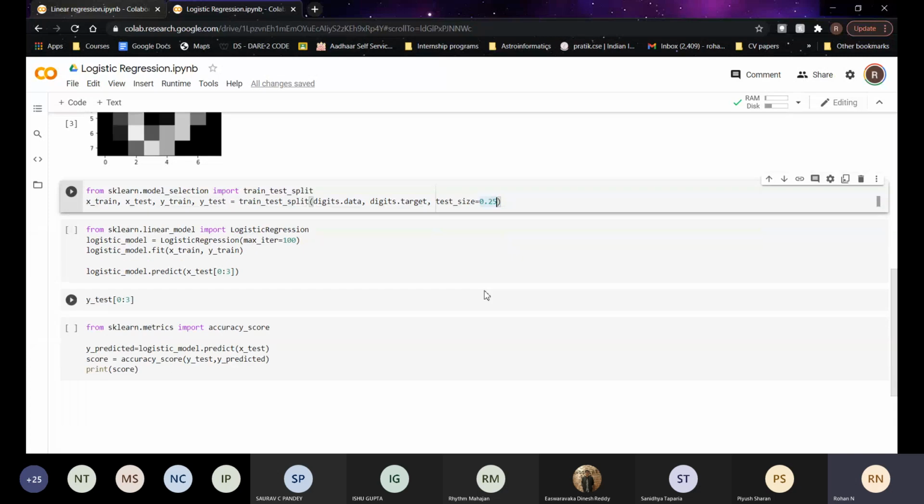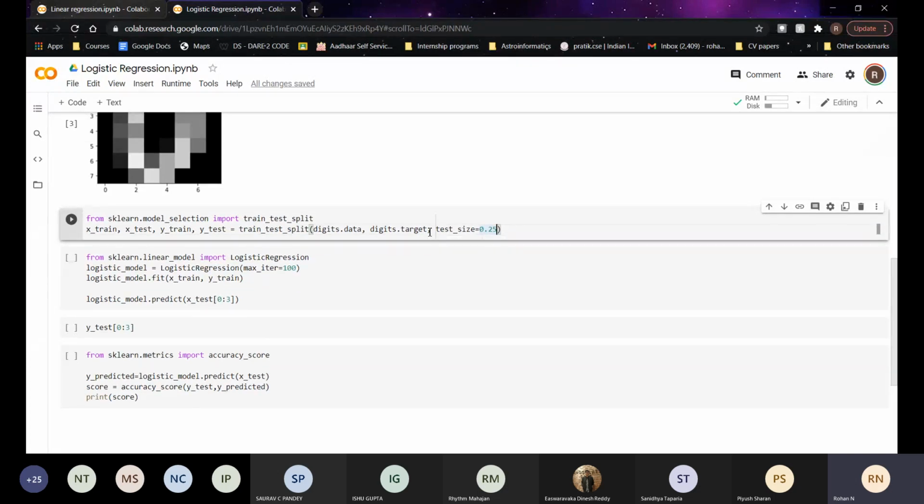So digits.data, as I said, is the features, the 64 dimensional arrays, and target is the labels. That is what goes inside these parentheses, and the output of this function is 4 things. The left half is X, the features, and the right half is the labels.